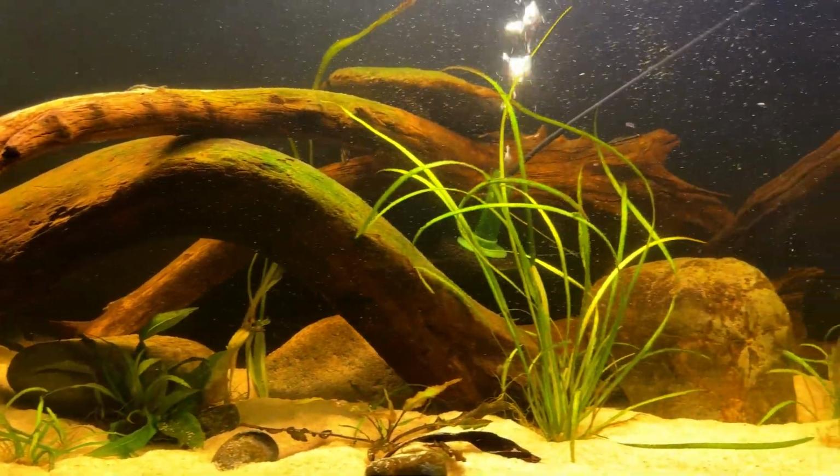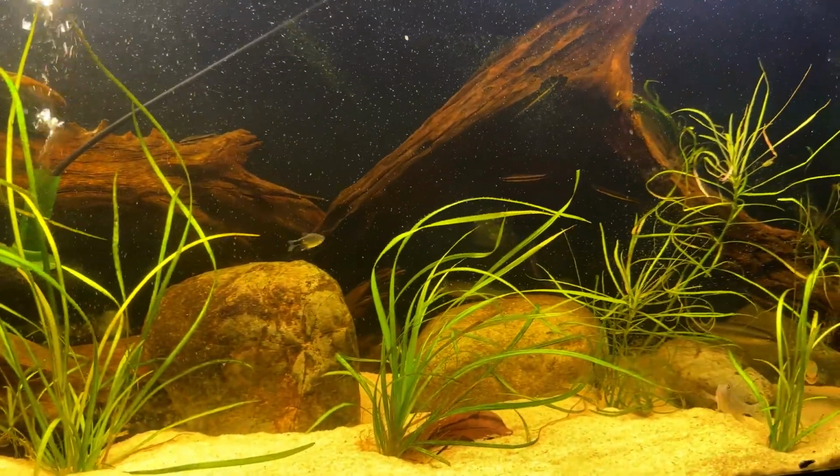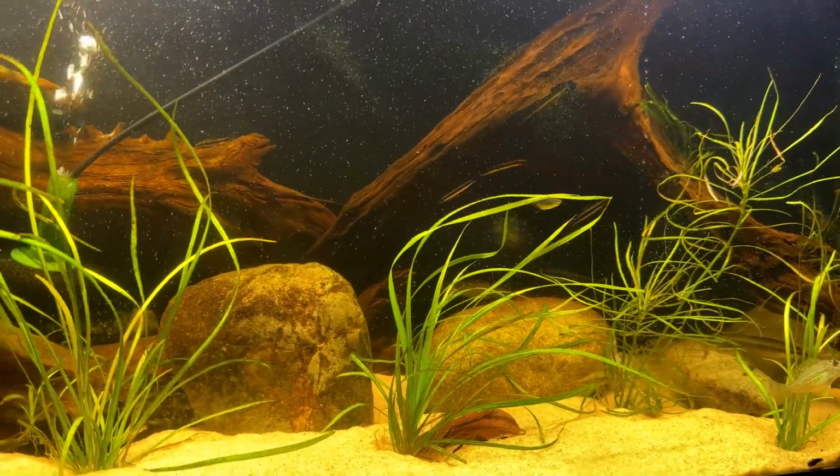Oh, yeah, I forgot about that. Well, I didn't decide that that's what I wanted. So once I decide what I want in here, I might do a little more research and see what Corydoras